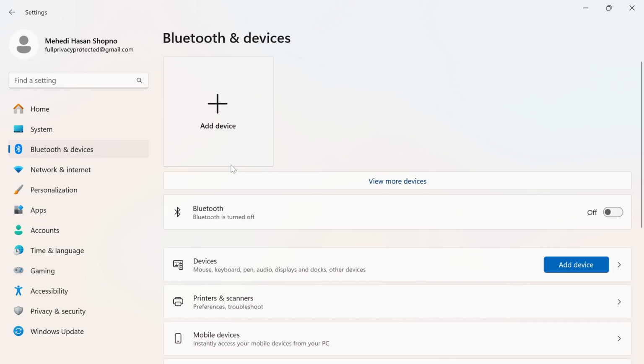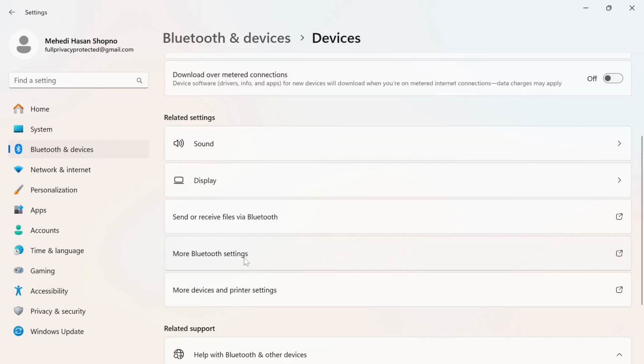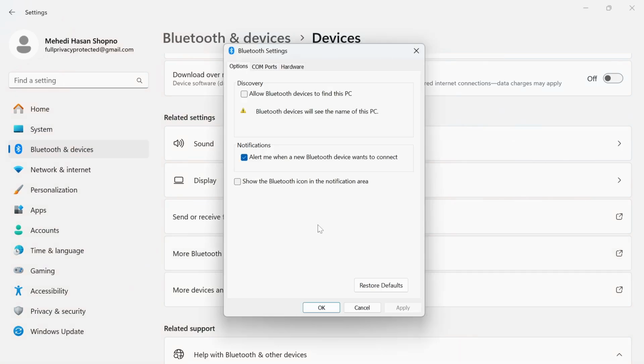If you click on that, there will be quite a lot of options, and the main option is we need to go for more Bluetooth settings. If you click on that, then a window pops up and it's called Bluetooth settings. Here you will get an option called show the Bluetooth icon in the notification area. If you check it and click on apply and click OK, now your Bluetooth icon will show